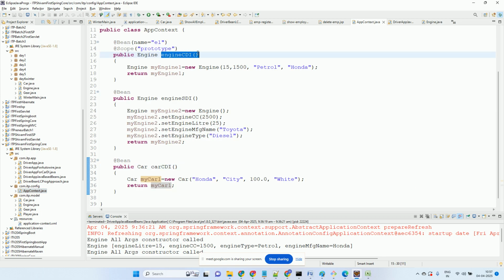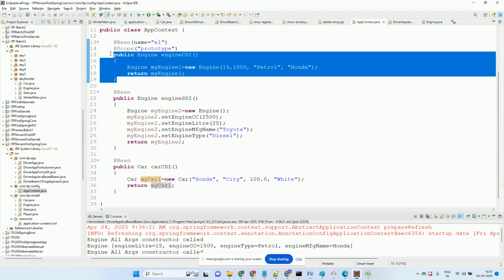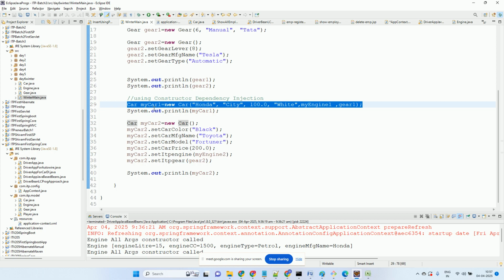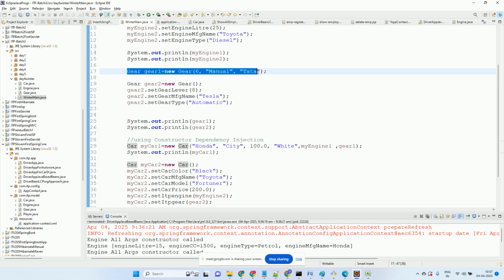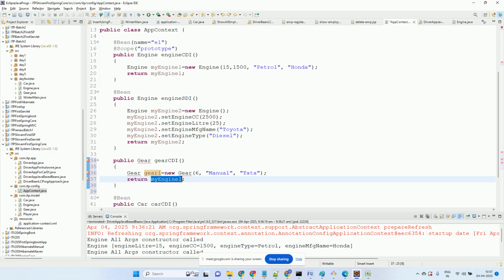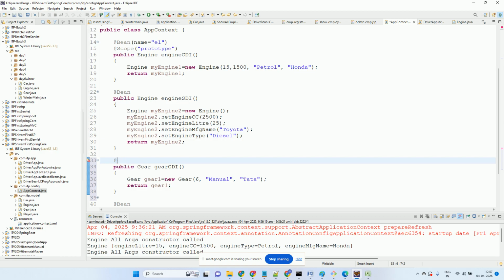तो यहाँ पर आएगा वो, तो कौन सी बीन मिलेगी इंजन की, इंजन CDI और इंजन SDI, अभी दो हो गए, और गियर तो है ही नहीं, तो गियर का ही बना लो, गियर का ही बना लेते हैं, गियर देगा, and bean has to be public, right,